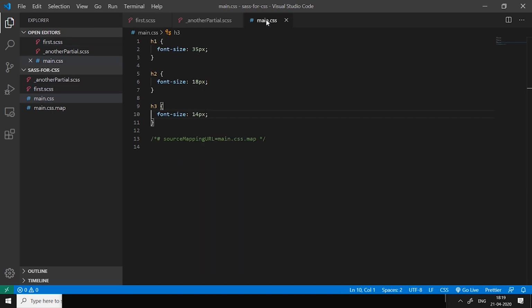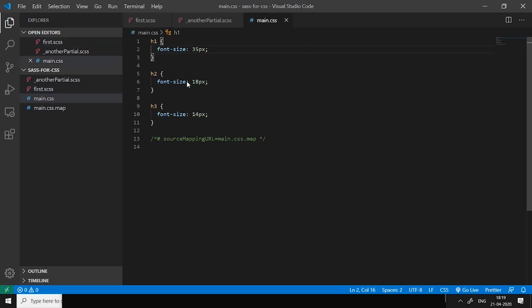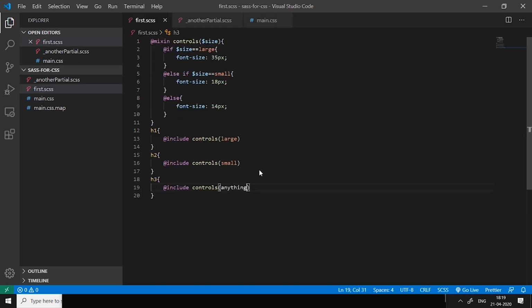Now if you save this file and go to the main.css file, you will see the h1 has a font size of 35 pixels because it calls with a large value, h2 18 pixels, and h3 14 pixels according to the value they pass to the control.